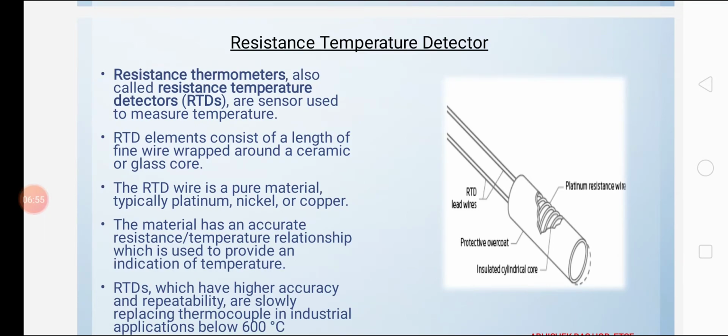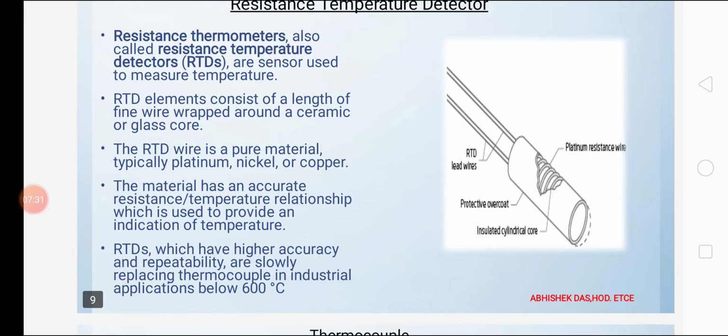The requirements of a conductor material to be used in an RTD: the change in resistance of the material per unit change in temperature should be as large as possible. The material should have a high value of resistivity. The resistance of the material should have a continuous and stable relationship with temperature. Gold and silver are used for construction of RTD as they have low resistivity. And for high resistivity, tungsten is used. Copper is also used here. The applications of RTD are smoke detector and door security.